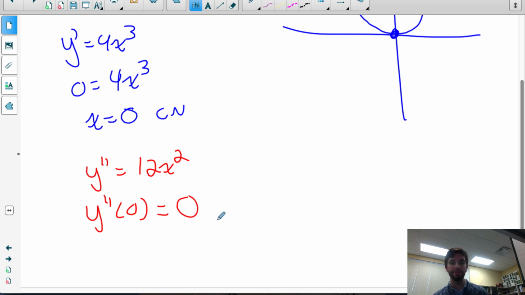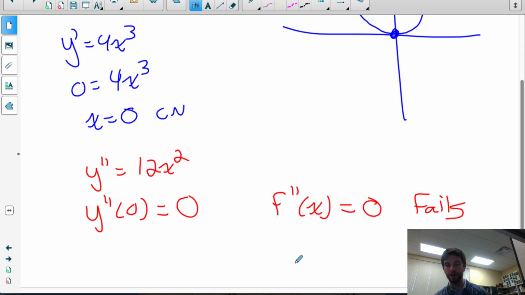So when that happens, when you try the second derivative test, right, if the second derivative of some function is 0, that indicates to you that the test fails. So the second derivative test fails. So what do you do in that scenario? You have to go and do the first derivative test, where you test for intervals of increasing and decreasing around the critical number. So you would have to test a point less than 0 and a point greater than 0